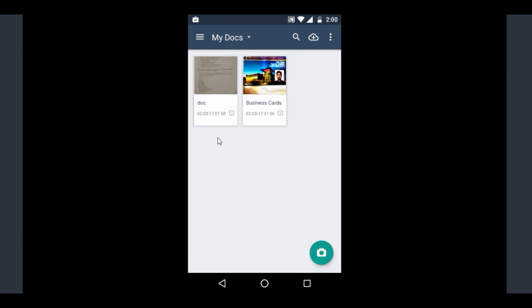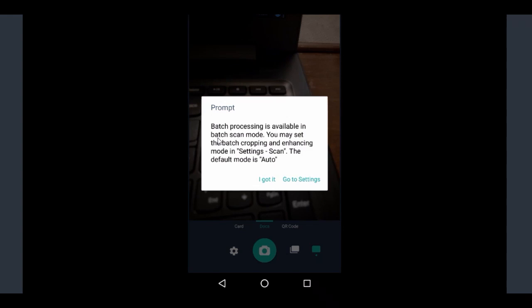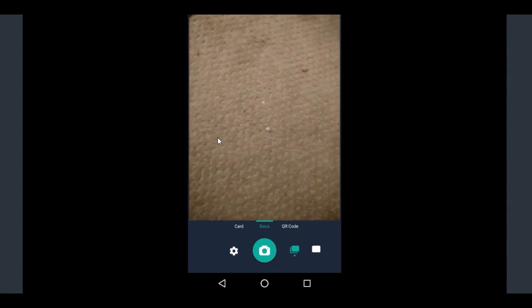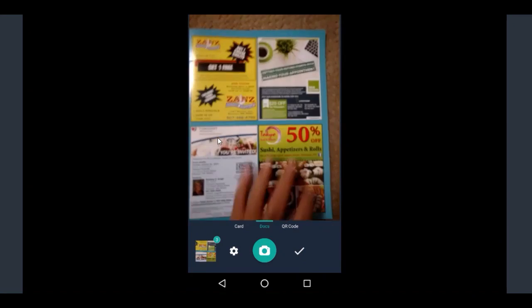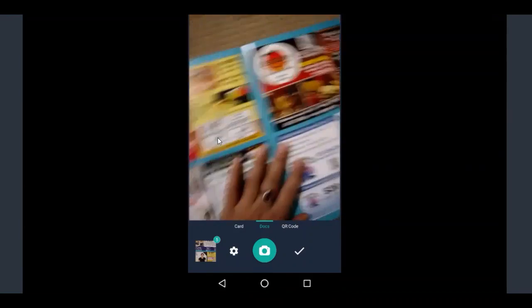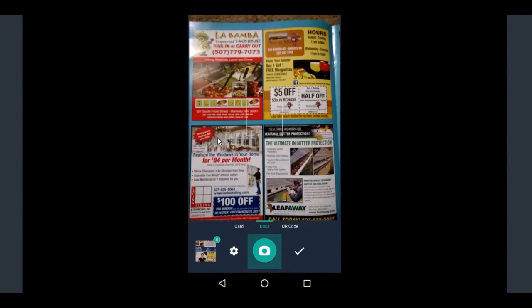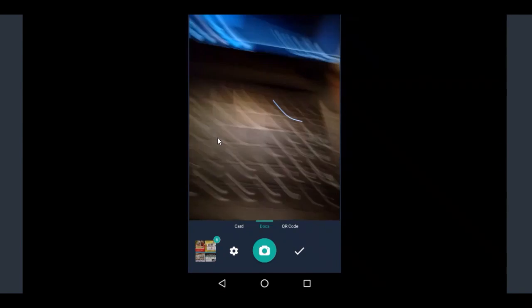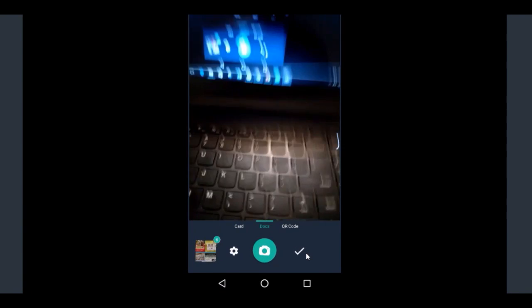Now let's go back to my docs and try taking a batch image. So we are in the batch mode now. I have a document over here, some kind of magazine. Let's take a couple of images for this demonstration. So I think this should be enough. We have 6 images, and once you are done taking the images, you can click on the OK sign here,